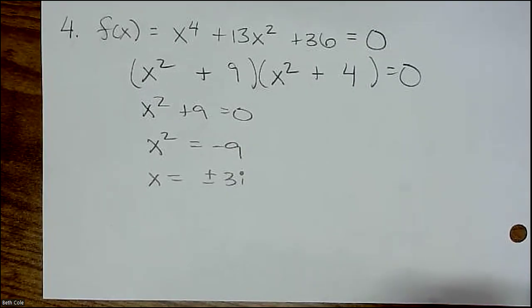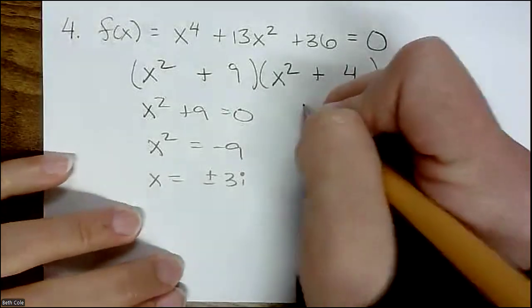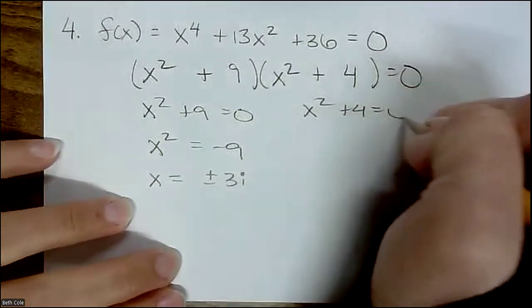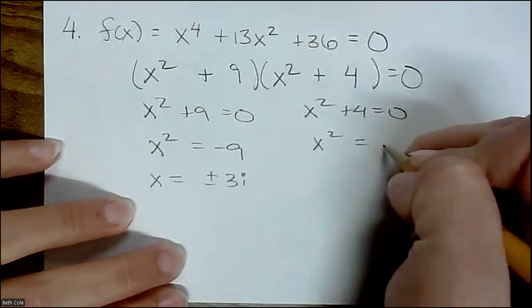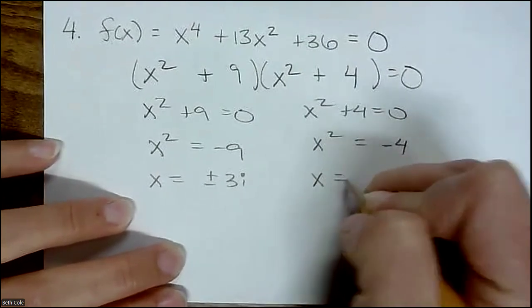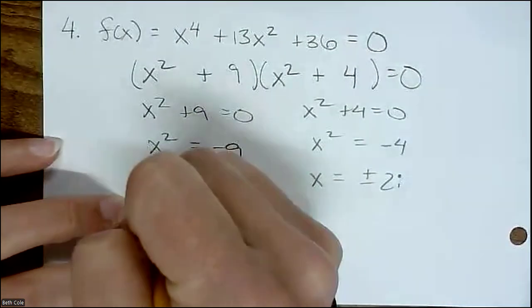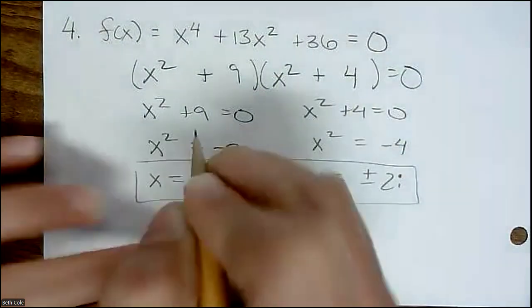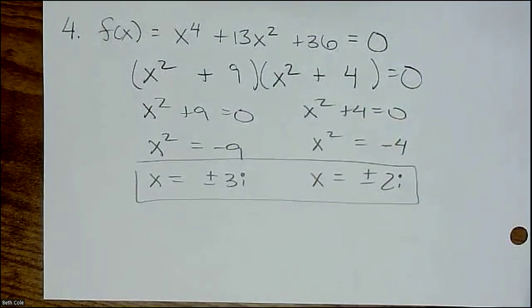If you feel like you're going to forget the plus minus, if you're circling back and counting your answers, like, hey, I should get 4 answers, you will catch that. So if you're scared you're going to forget to put it, as long as you're checking, if you don't have the plus minus, you won't get a total of 4 answers. And then this one, good. And again, some people are able to jump straight to the answer. That's fine. It'll be plus and minus 2i. So did we get 4 answers? Wait, are we just gonna put